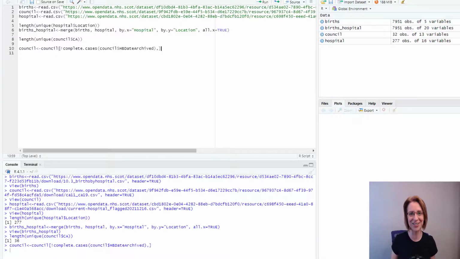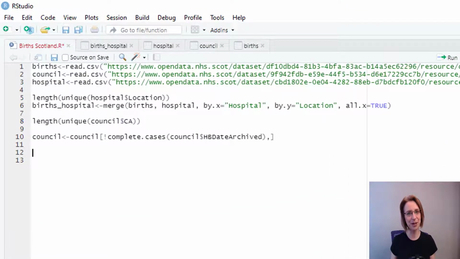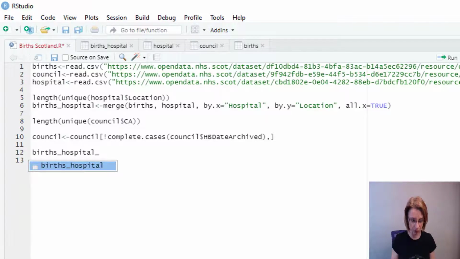So all we now need to do is our merge. Again, for the purposes of demonstration in this video, I will set up a new data frame. You don't need to do this. You can merge this in with the births data frame if that's what you chose to do earlier. So I will call my new one births_hospital_council,